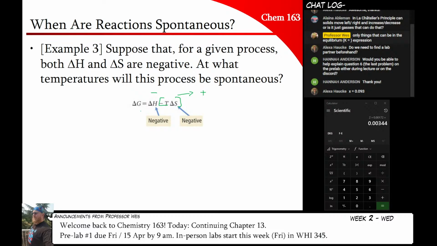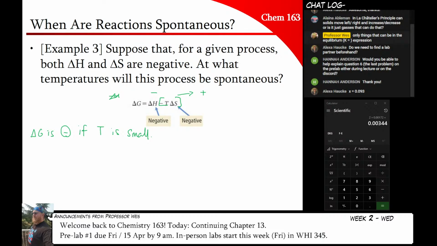Which means that delta G will be negative. Let me write it over here. So delta G is negative if T is small. Because for a small temperature, I will have a small positive number, and it will be smaller than my negative